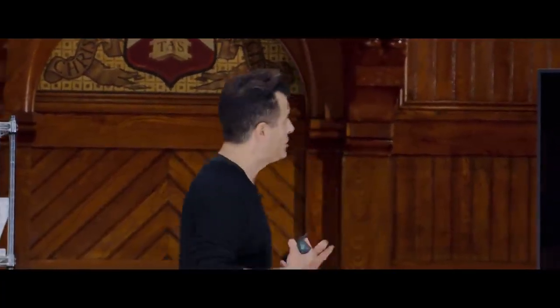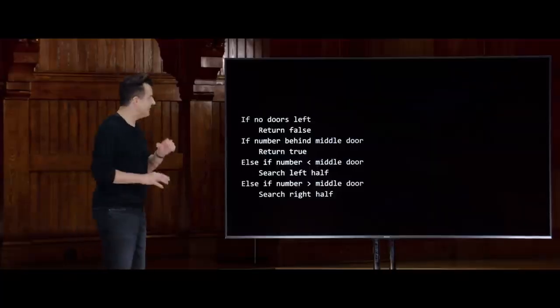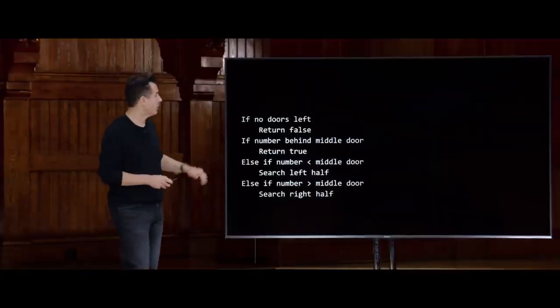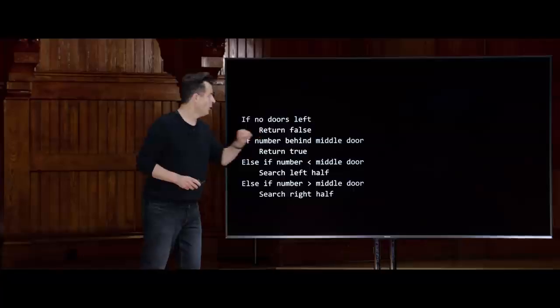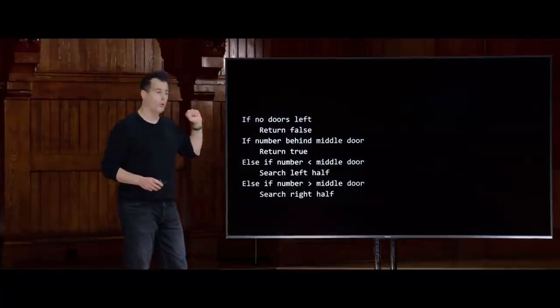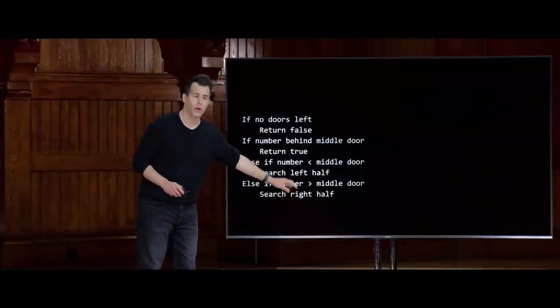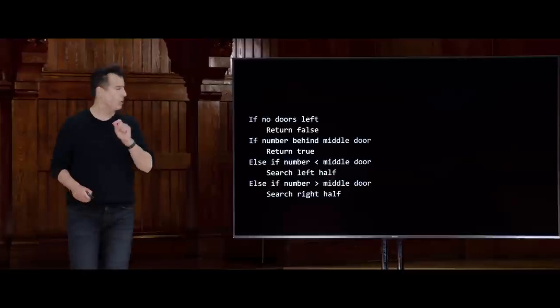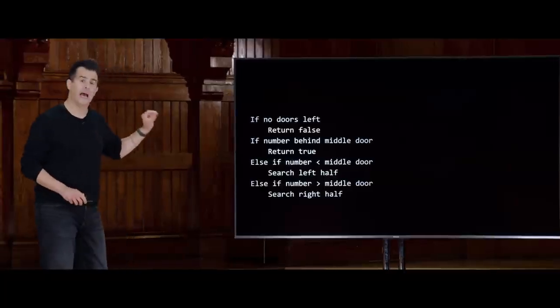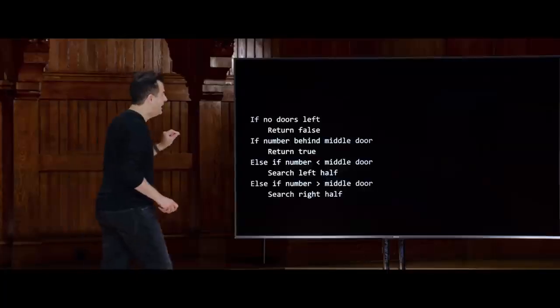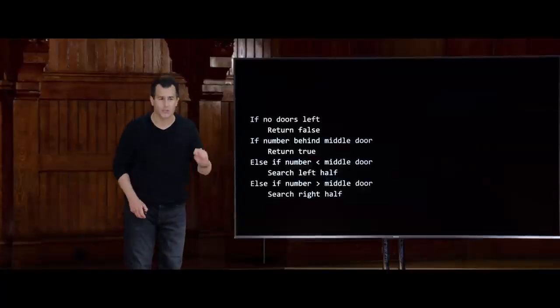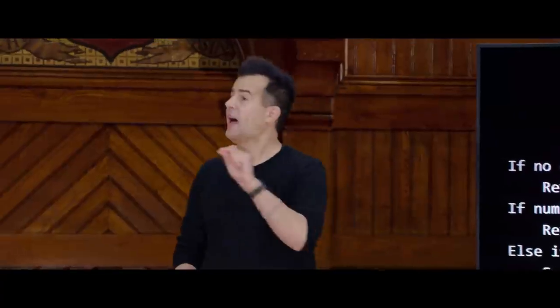So this was binary search. Same as before, whereby instead of looking for 50, I'm more generally looking for a number behind the middle door, or to the left of the middle door, or to the right of the middle door. Even though I didn't call it this earlier, it turns out that this algorithm, as we used earlier today, is an example of what's called a recursive algorithm. A recursive algorithm is one that calls itself.